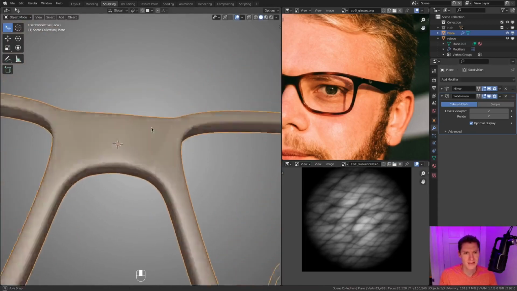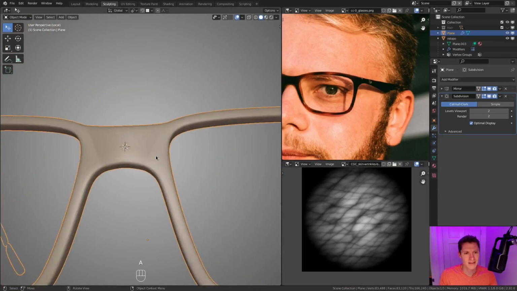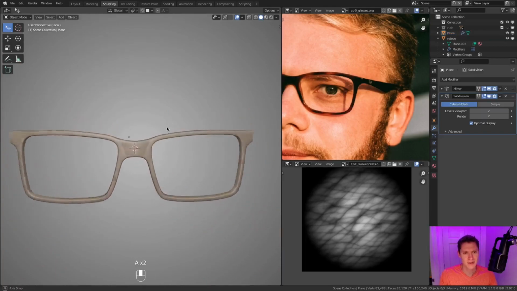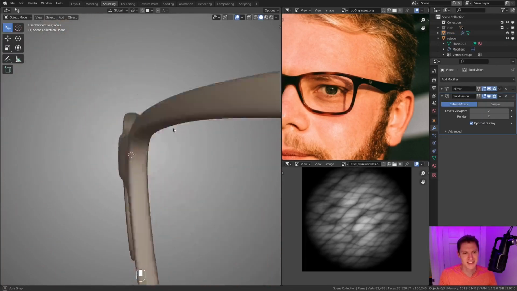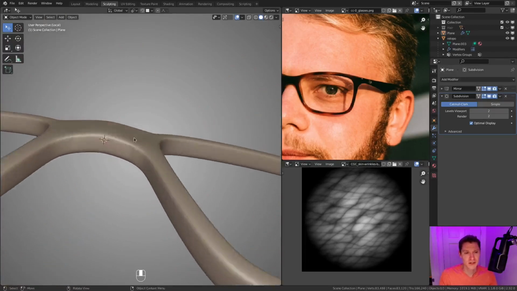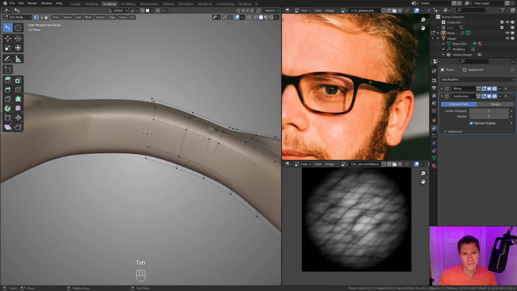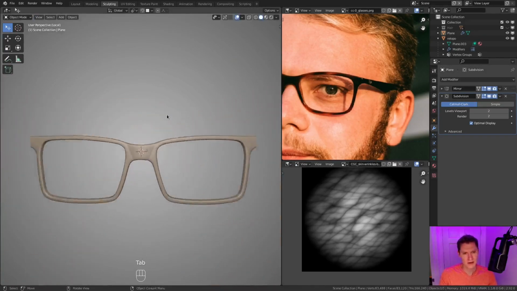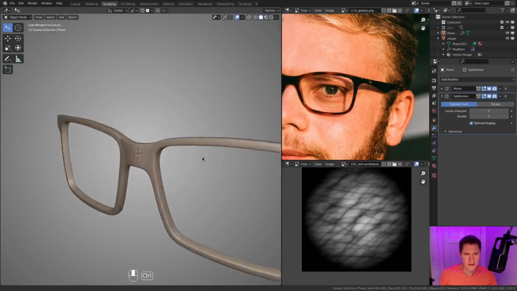There we go. That's the kind of detail that's on my glasses. Something small, but I think it looks nice. And if it reflects properly, it should show up quite nicely. Still feel like this is just kind of awkwardly positioned. All right, that feels a little more balanced.